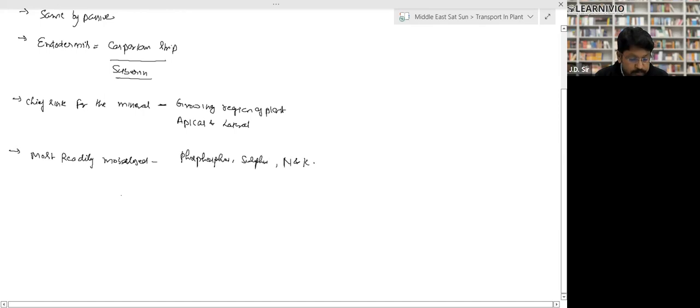Some elements that are a structural component are not remobilized,